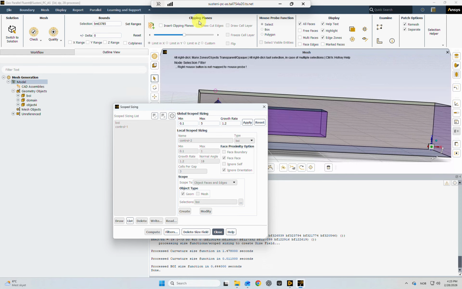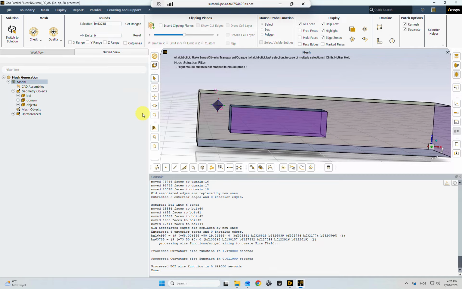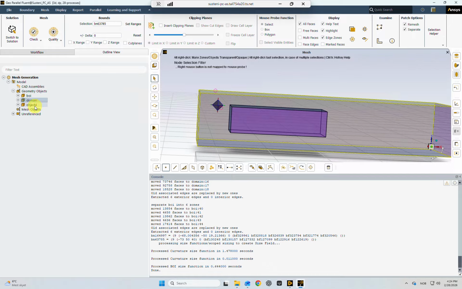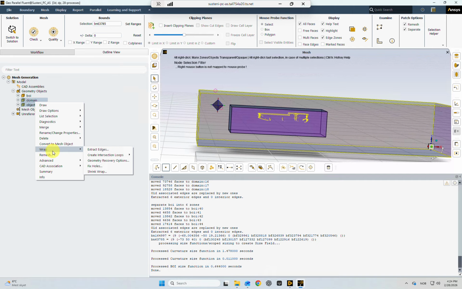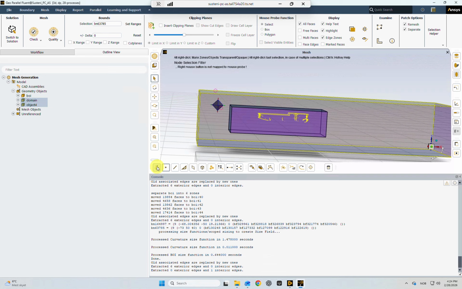Once the sizing is computed, you can close this, and then start doing the shrink wrap surface meshing. So click on domain, keep the control and click on object, and select both domain and object. Make sure that you don't select the body of influence, and then go to the wrapping, extract edges, click OK, and then create inspection loops collectively, and then go to wrapping and shrink wrap, and from external choose your fluid